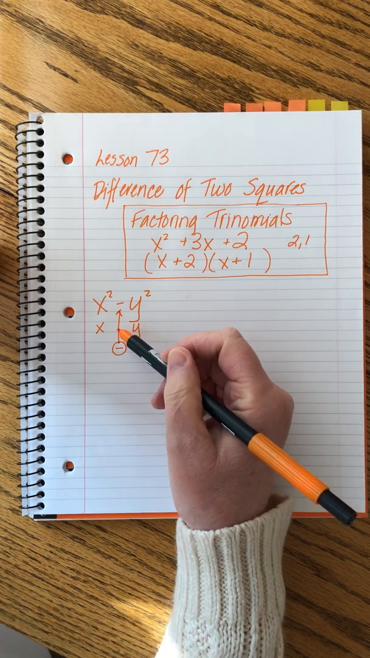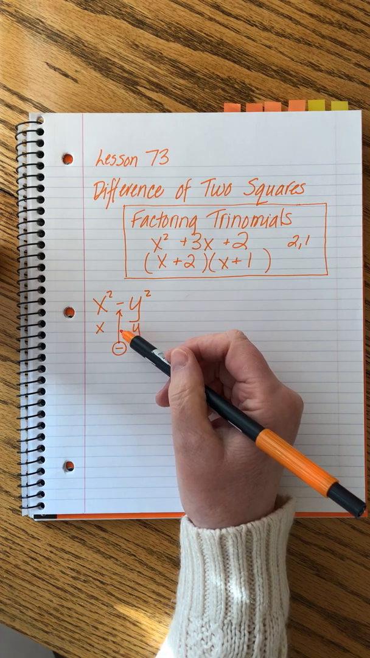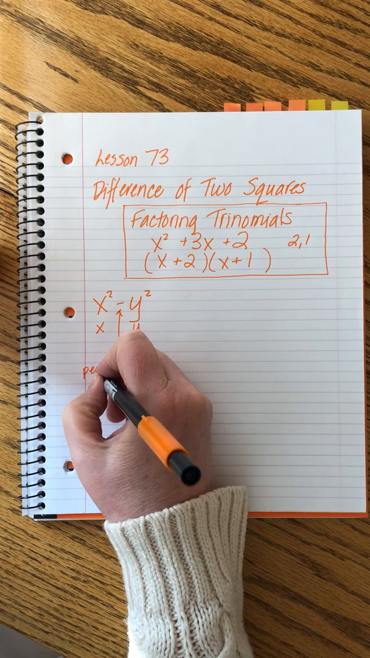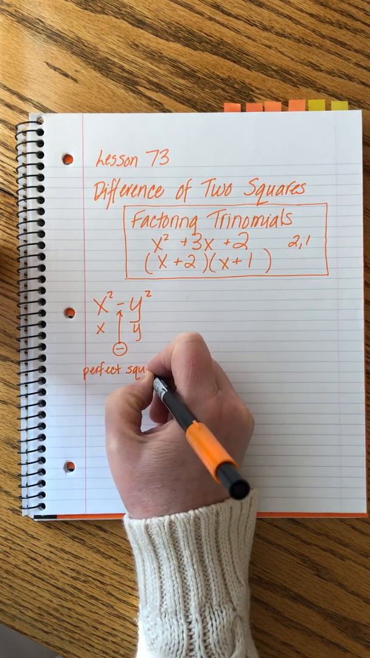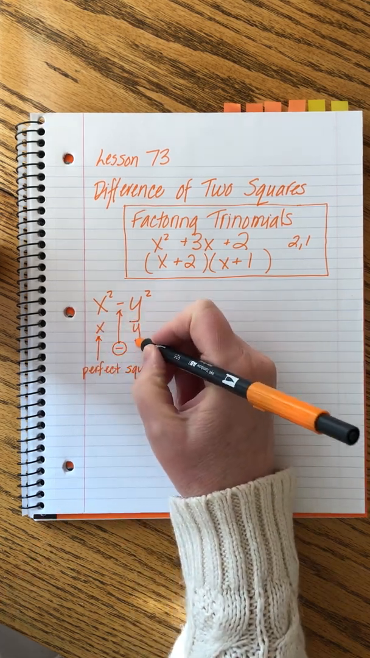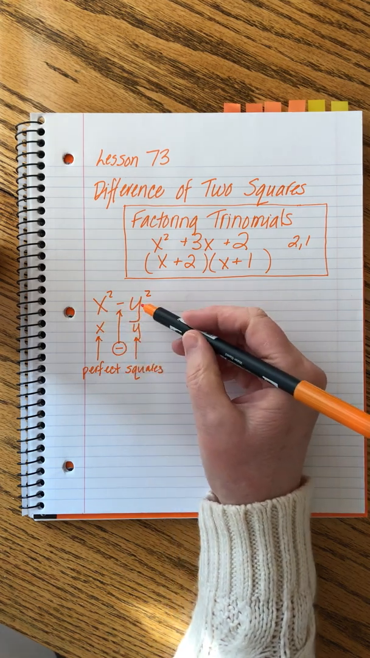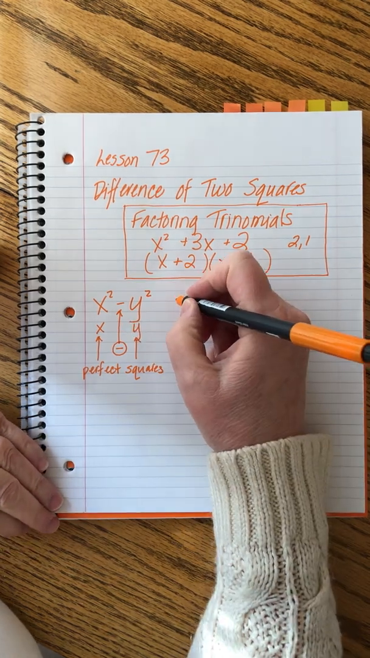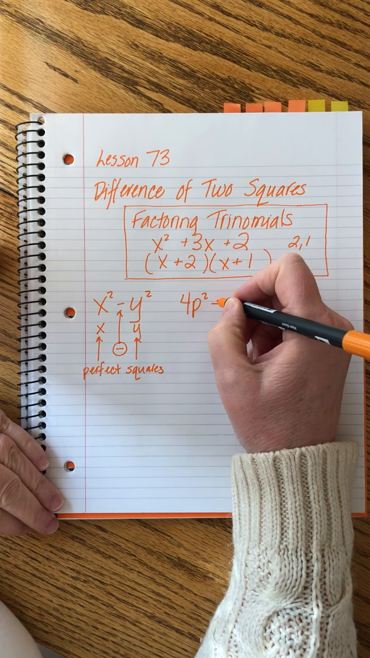You can't do this factoring if you don't have the minus sign, and the other thing you need, as I've said, are the perfect squares. X squared is the perfect square of x. Y squared is the perfect square of y. Now, it can get a little bit trickier. What if it's something like this? 4p squared minus